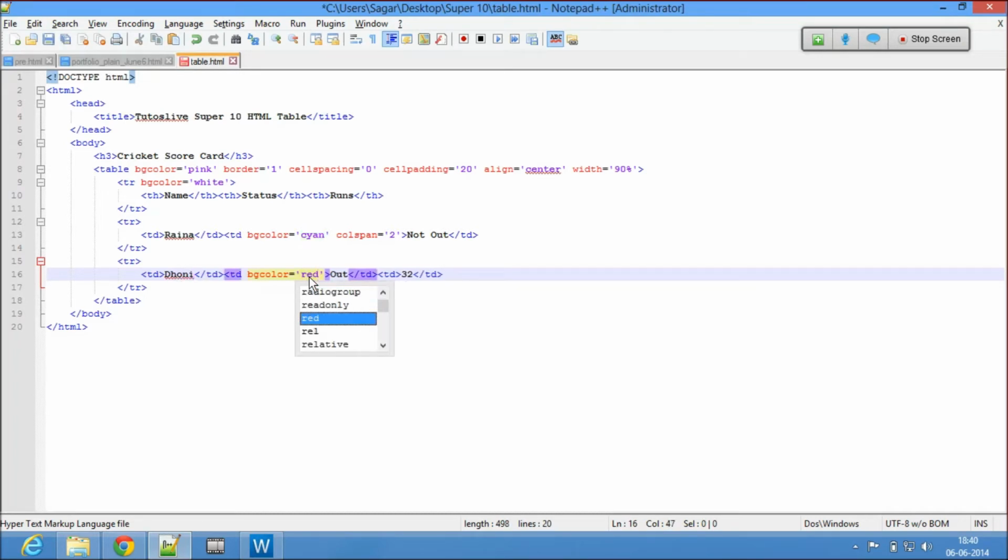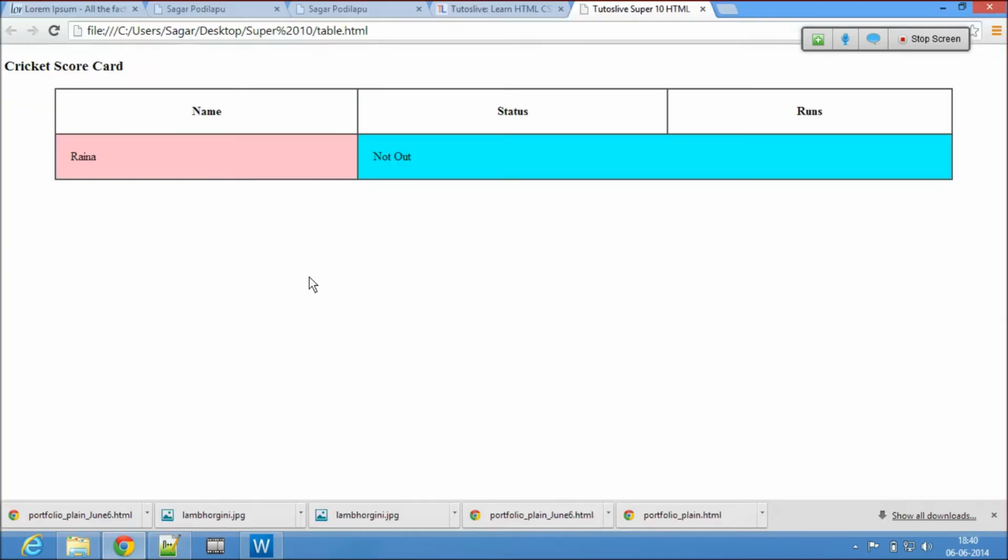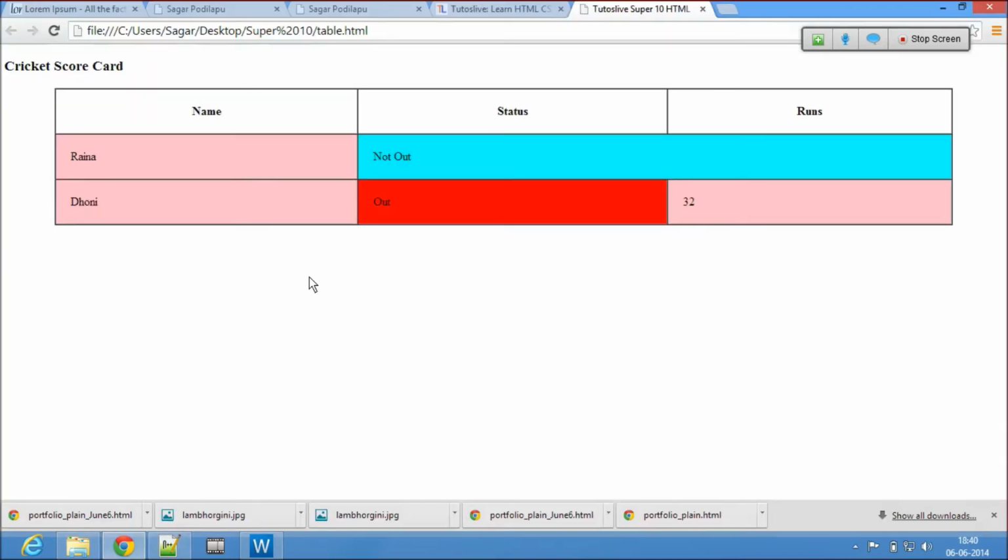When he is out, the background color is red. Red is so heavy. Okay, let's use red. You see it here. Dhoni is out, and 32. No colspan. So this is colspan, and spanning that in 2 rows.